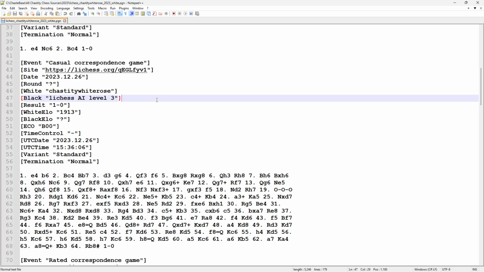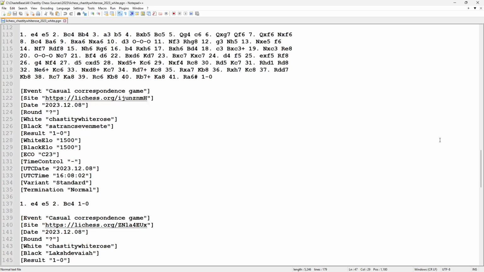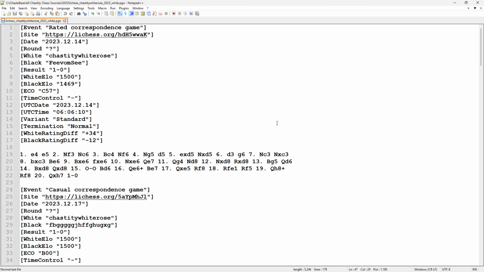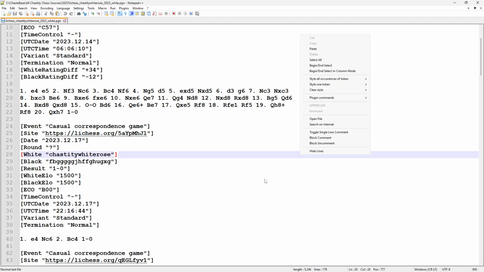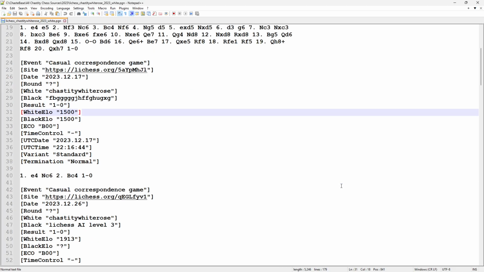Now, this was played against the AI. I played against the level 3 Stockfish bot shortly after I joined Lichess. Very interesting. So this is me opening up in Notepad++. It's a text editor, but it allows double clicking links and going to them. Or let's see, right click. Yeah, you can. Very interesting. Yeah, anyway, the point is that